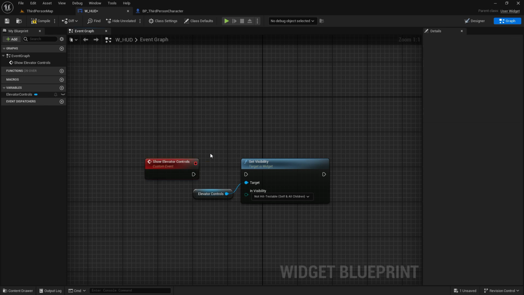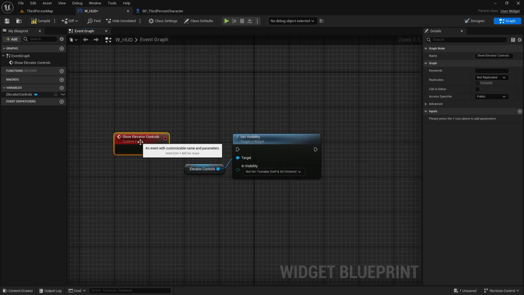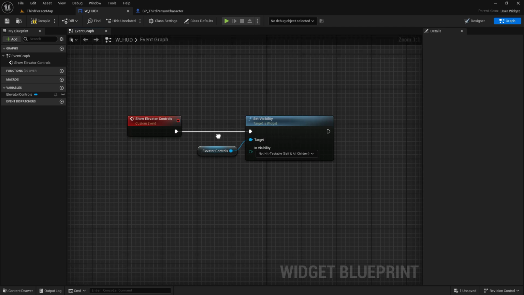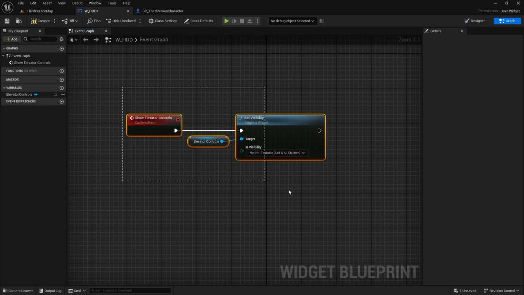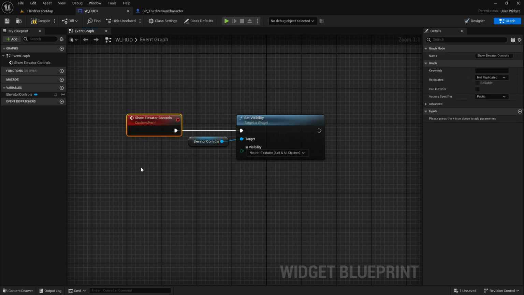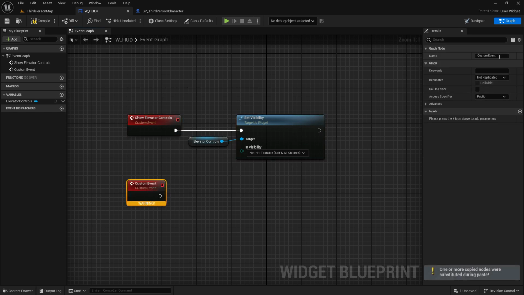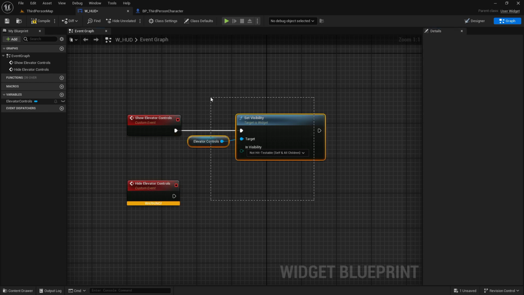All right, and I can plug it in here, and I can use this. And let's also have one for hide elevator controls,